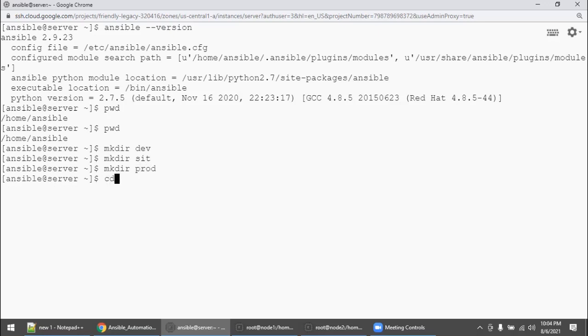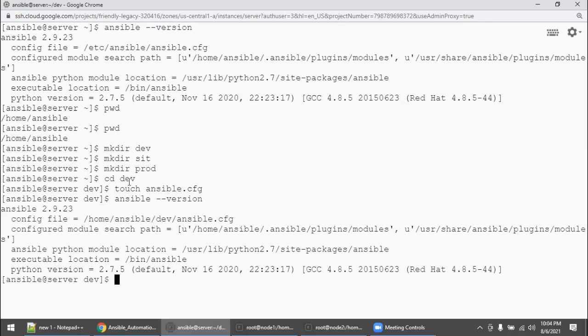I am going into the dev directory just to create an empty configuration file. Run ansible --version. Please note this point.